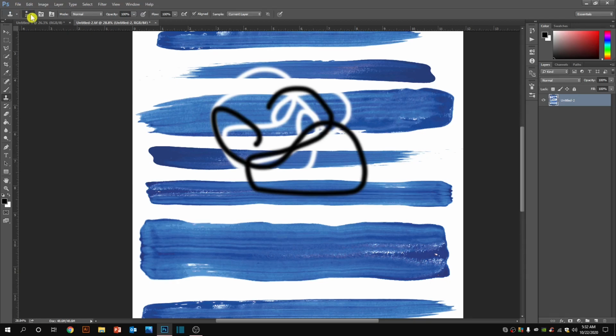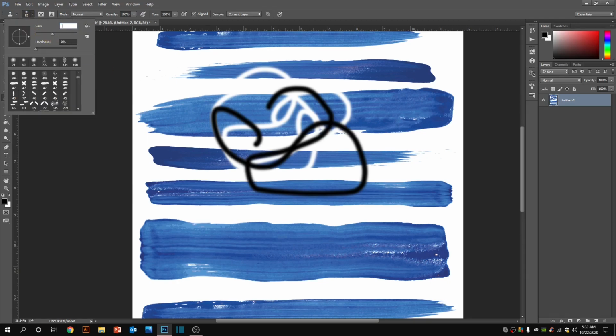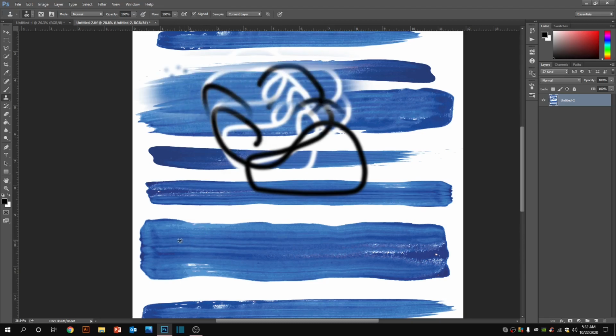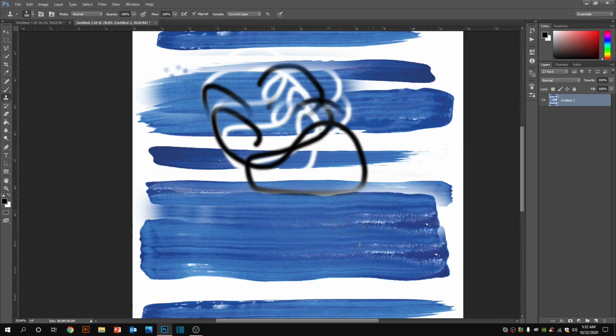So let's increase the size of the brush. Cloning is like picking some area and placing it somewhere. So while pressing Alt, you will get this kind of sign with your cursor, and with a click, it is copying the texture from behind the layer and pasting here. Okay. So this is the use. You can increase the size of the brush and you can do like this. Like if I want to fill this, right? I'm just telling the use. It's up to you.